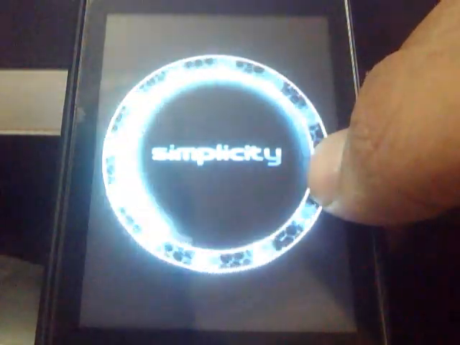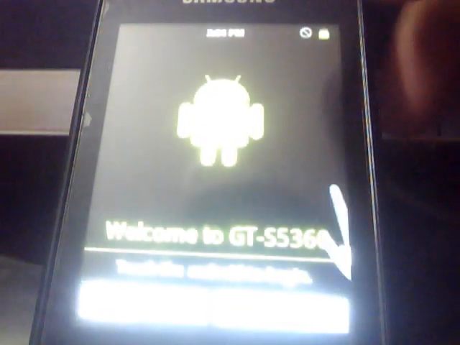Let it get booted up. Okay, now the ROM is booted up.